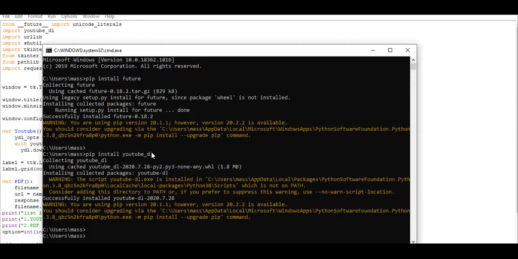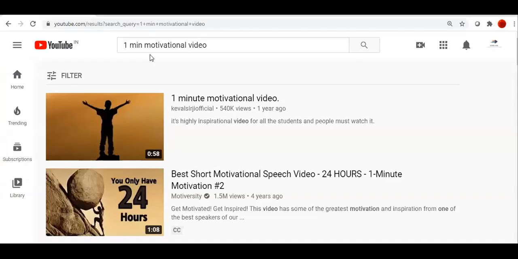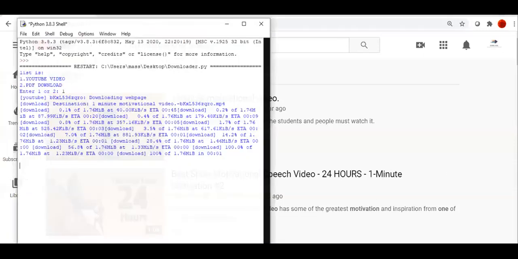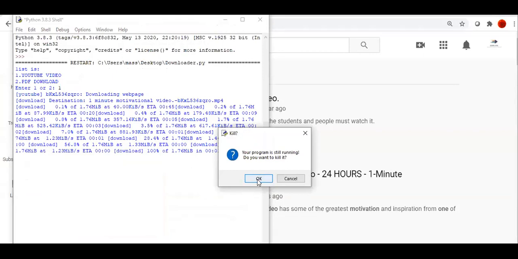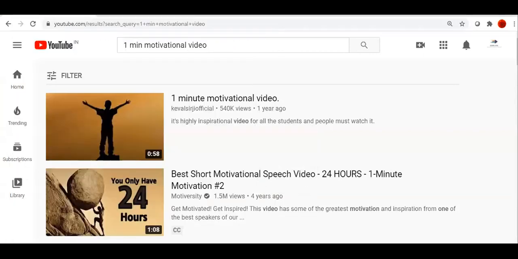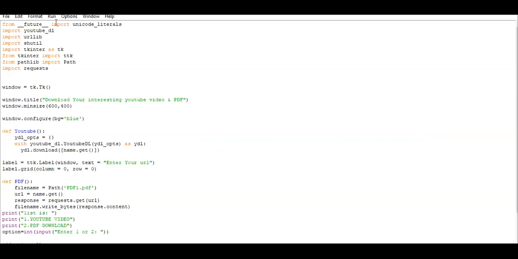If you have a doubt, you can comment to me. Otherwise, you can just search in Chrome for pip install and that package. Then it will come up. Then you can easily put it on your system and it will work. You can see here it is very easy to do. Then if I click here I can kill it, then I just run it again and show you how the PDF download is working.